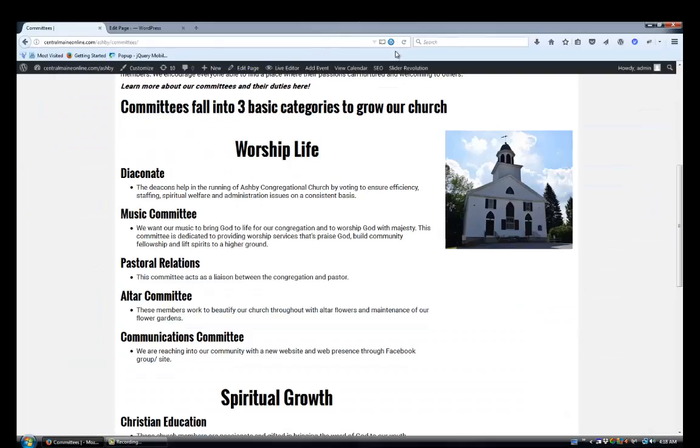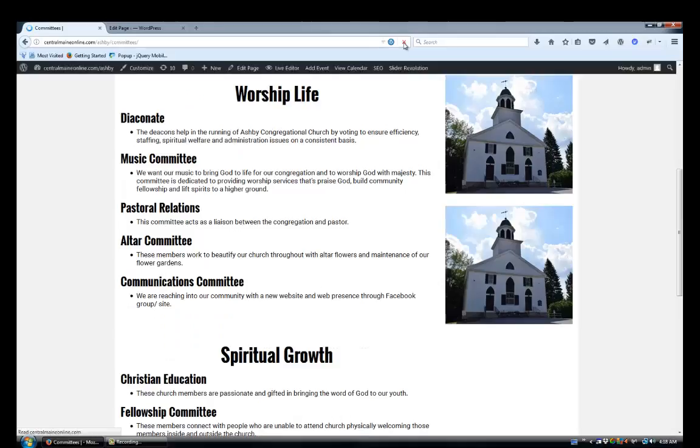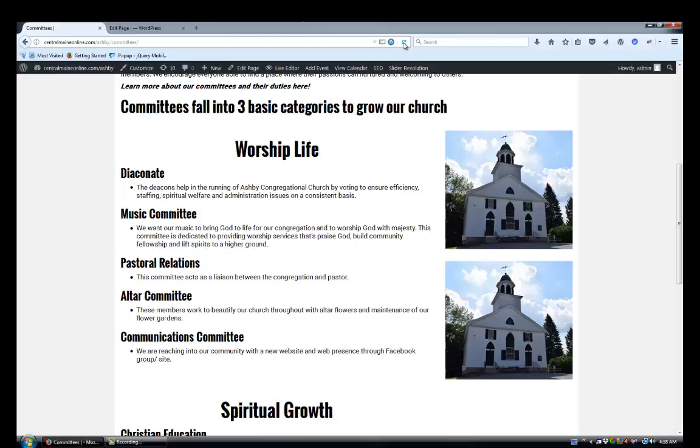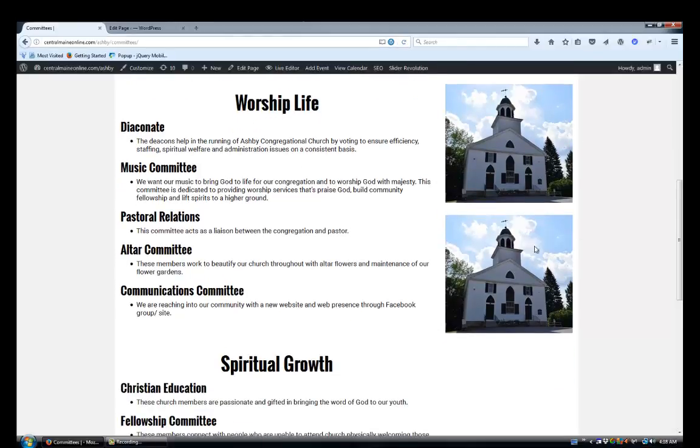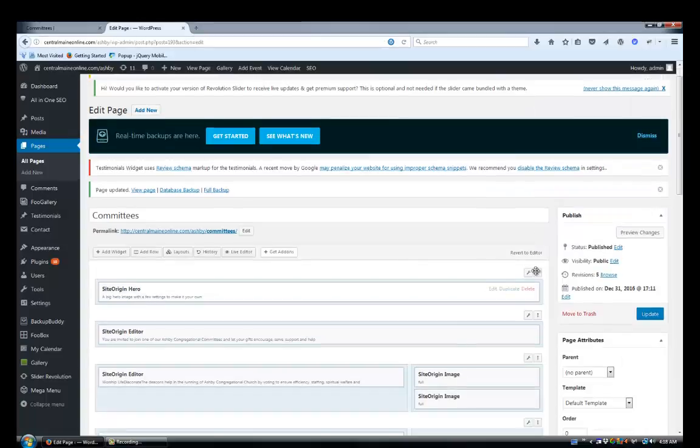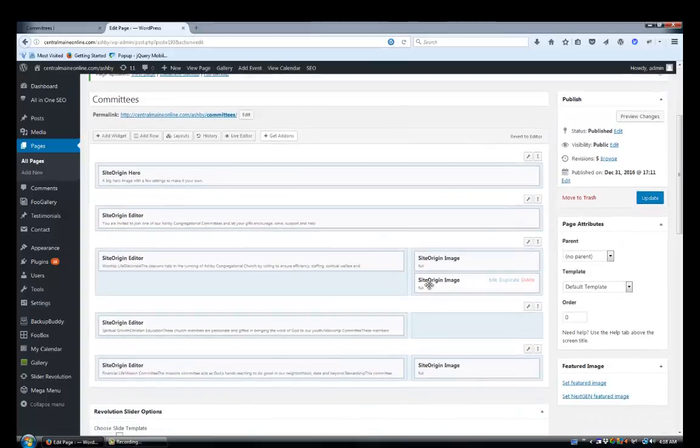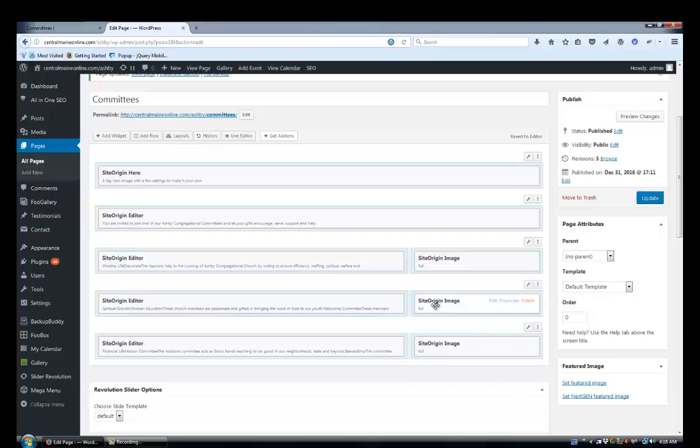Come over to the front, refresh, and you'll see what it did is stacked another image directly underneath that. And again, this is based on the size of the image, so if you had an image that were cropped down or sized down smaller, you could have multiple images laid out one on top of the other within the same row. In this case we're not doing that, so I'm dragging that back down into here. I'm going to update that,